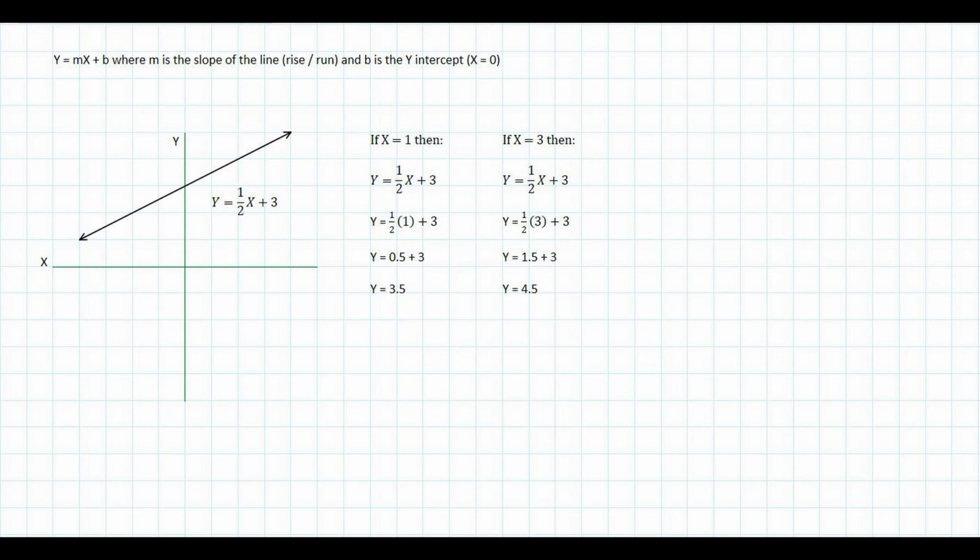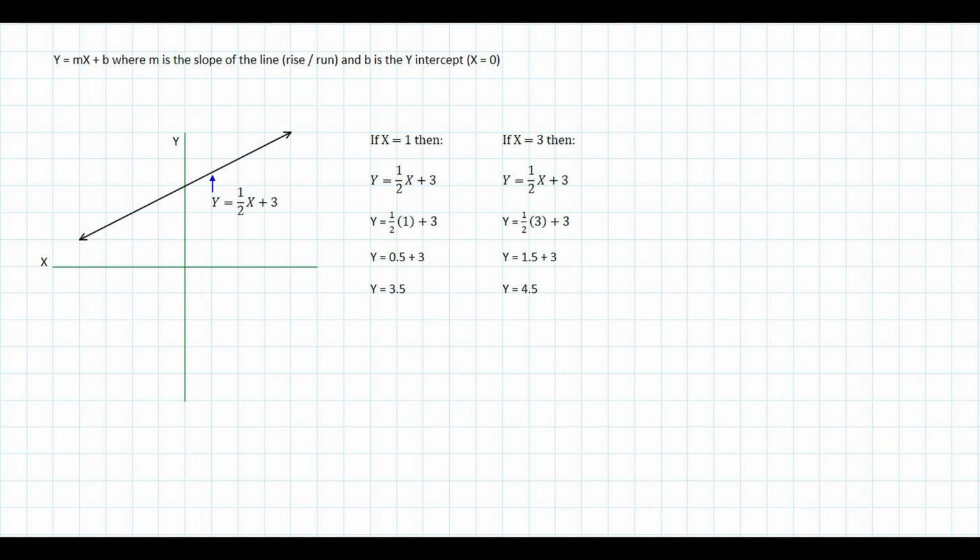We did all that to get to here, so let's make this equation do some work for us. With this equation, we can plug in a value for x and determine the corresponding value for y. If x is equal to 1, then y is equal to 1/2 times 1 plus 3. So therefore y is equal to 1/2 plus 3, and y is equal to 3 and 1/2. If we look at the graph, we can see that where x is equal to 1, y is indeed equal